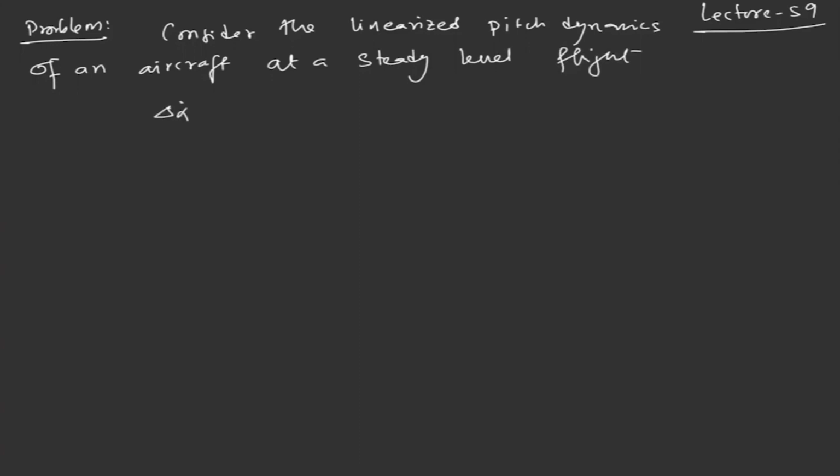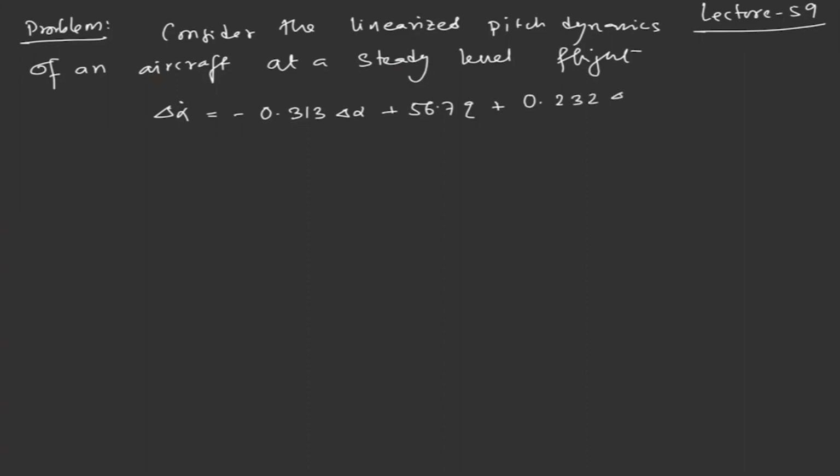Delta alpha dot equal to minus 0.313 delta alpha plus 56.7 Q plus 0.23